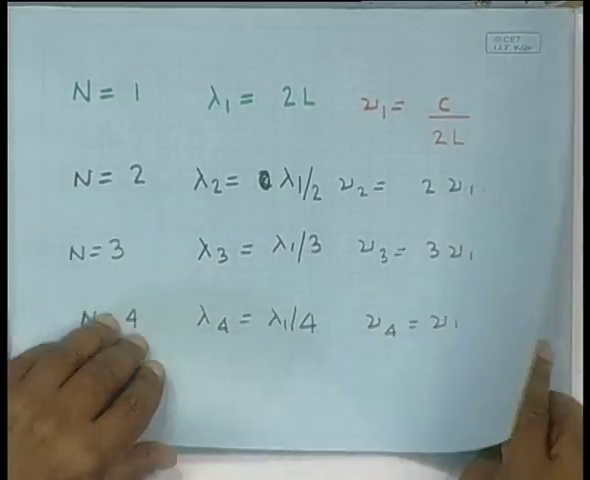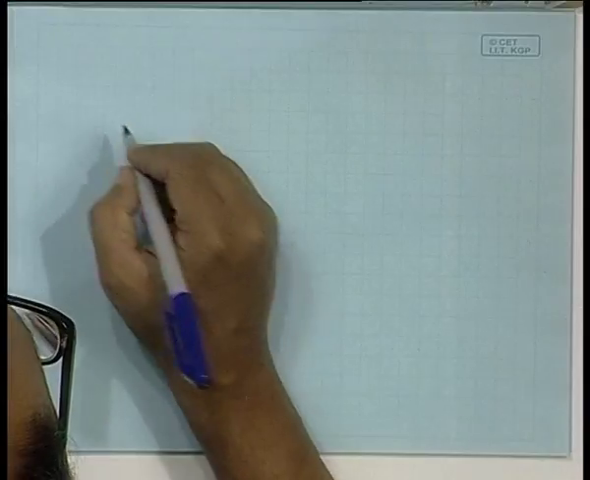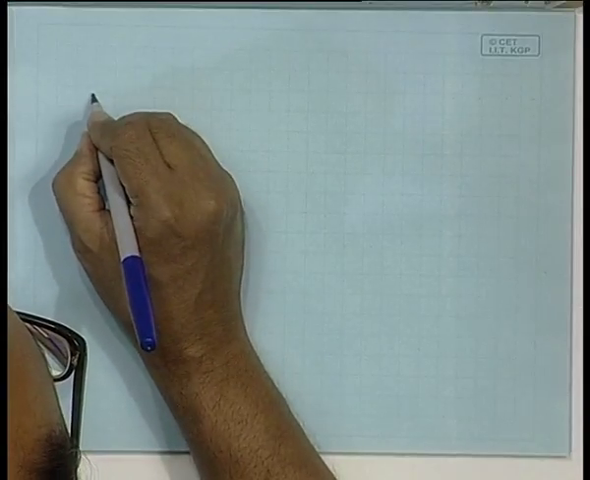Now, this nearly brings us to the end of our discussion. There are 2 points which I should make before we really close. The first point is that any standing wave is actually a superposition of 2 travelling waves. Let me show this to you. Let us consider the two travelling waves